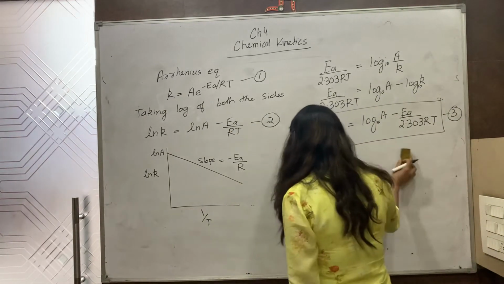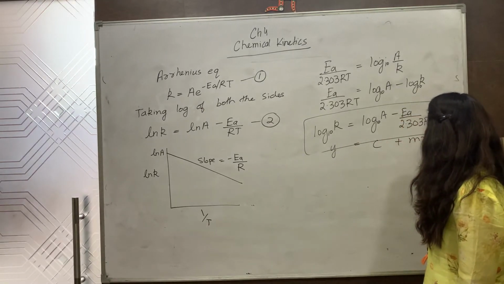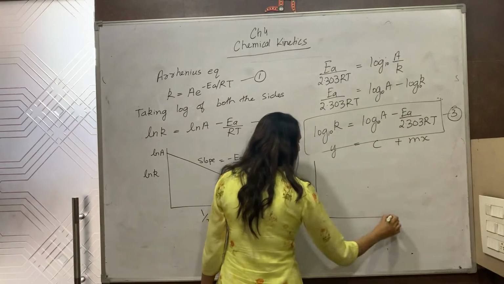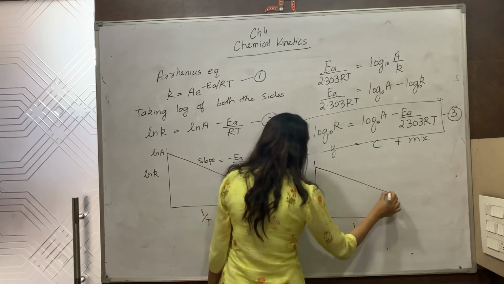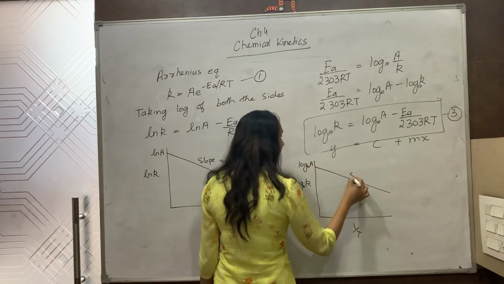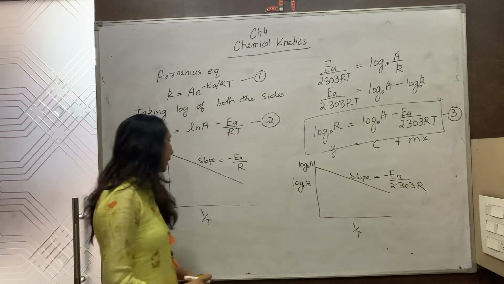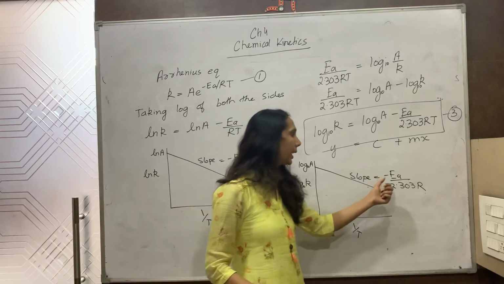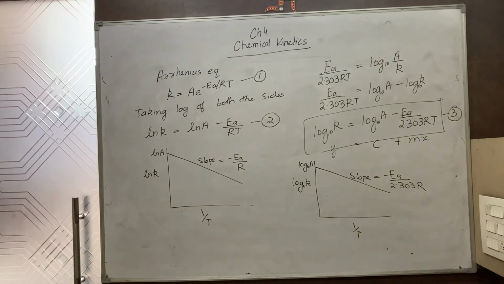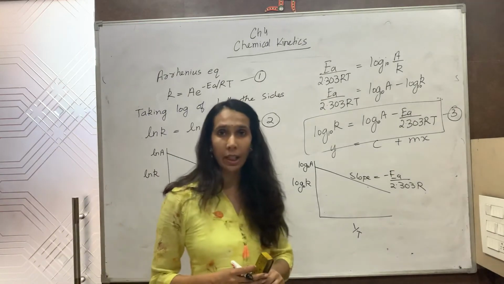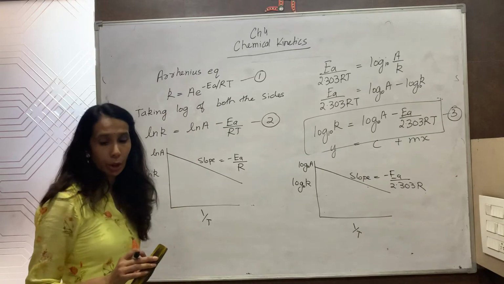But if I make a graph according to equation 3, which is again a straight line equation similar to equation 2, y is equal to mx plus c, on the y-axis I have to plot log k, and on the x-axis I will plot 1 by T. I will get a negative slope, the intercept is log A, and slope will be equal to minus Ea upon 2.303 R. When I take the natural logarithm, it is Ea upon R, and here the slope is negative Ea upon 2.303 R. Now, if I am given the rate constant of a reaction at two different temperatures T1 and T2, and even if I don't know the Arrhenius constant A, it is constant for a particular reaction, I can determine the activation energy Ea.